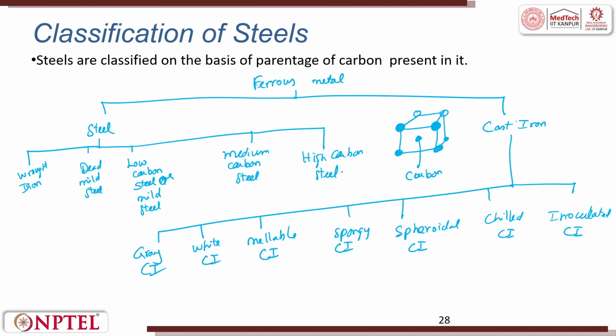How is this carbon getting diffused? It can be diffused using temperature or pressure. Generally, we do heat treatment, we take it to a higher temperature. The unit cell slightly expands and then the carbon diffuses inside. This is the basic science. How are these alloys getting formed? The moment there is carbon, it forms iron carbide, because of the carbon sitting there.